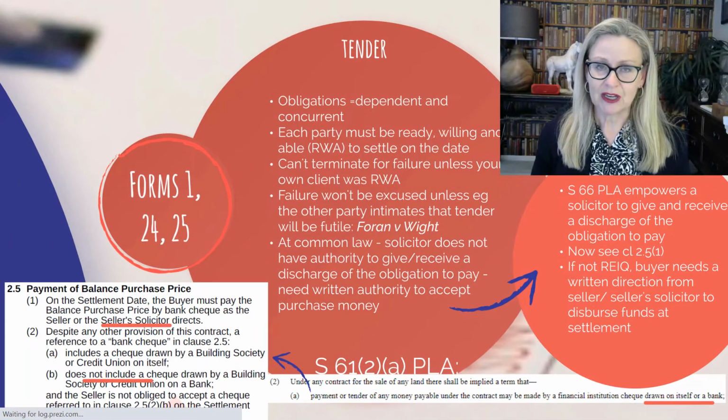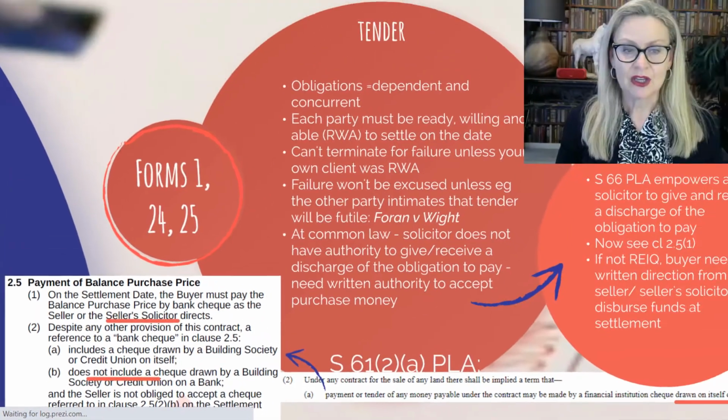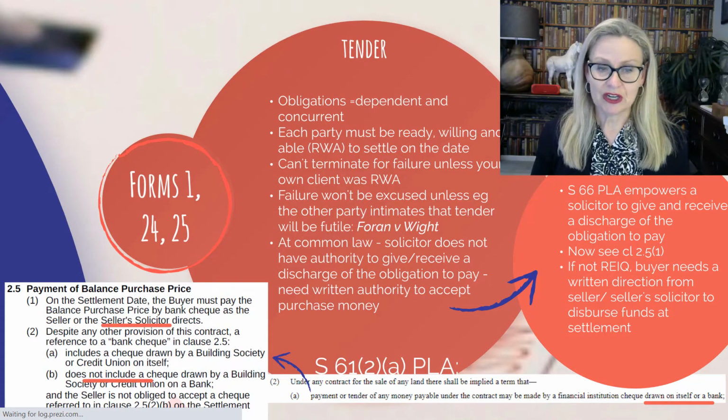That situation is modified by 2.5 sub 2 sub B. You can see down the bottom of the left there, despite any other provision of this contract, a reference to bank check, so you can pay by bank check. Reference to bank check in clause 2.5 does not include a check drawn by a building society or credit union on a bank. So you can pay by a check drawn on a building society or a credit union that draws on itself,